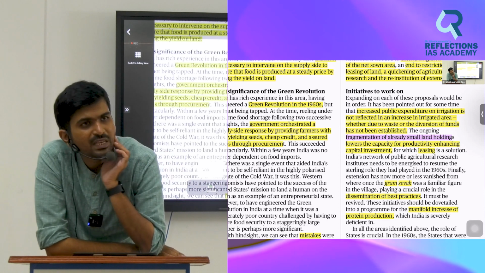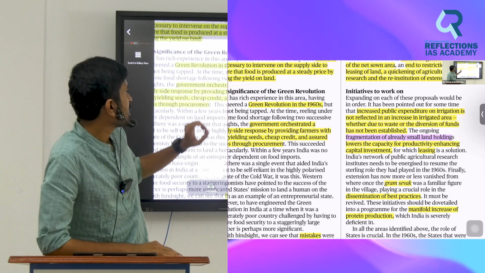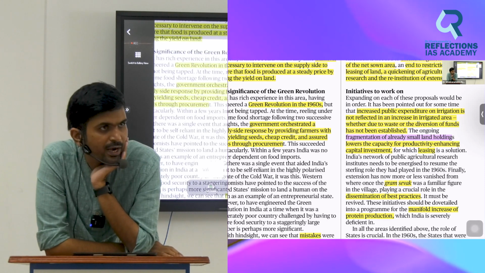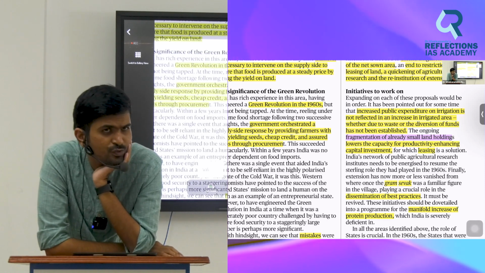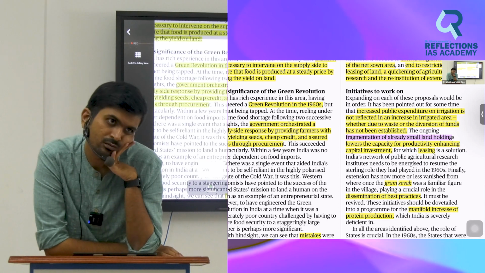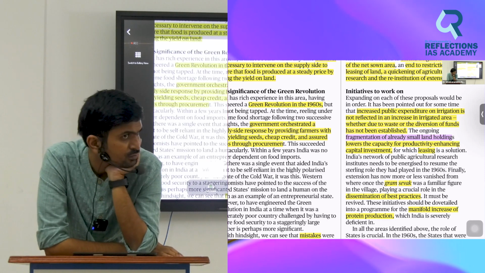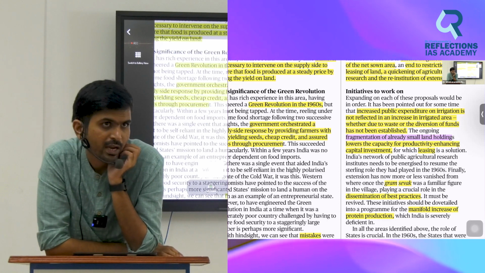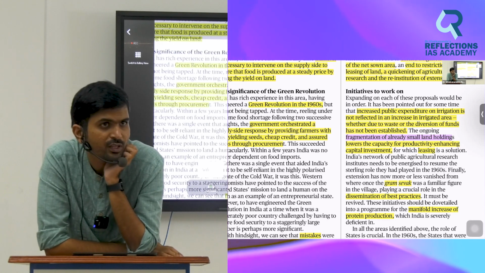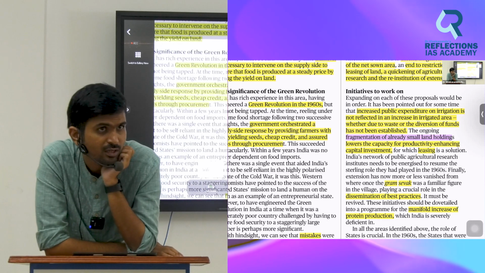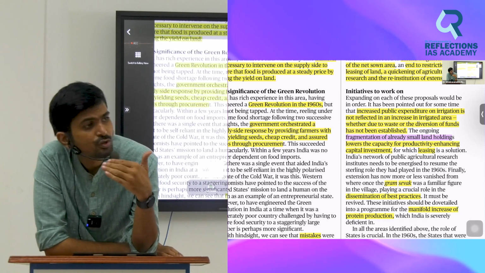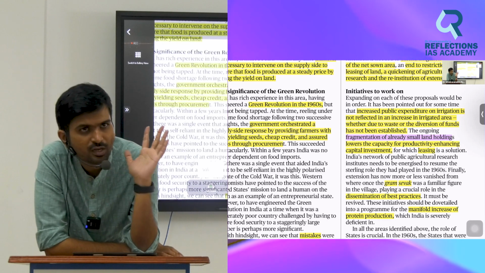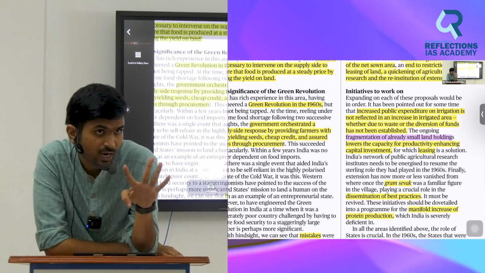Okay, one of the biggest problems in India is the purple color line, that is fragmentation of small land holdings. What is small land holdings? Farmer having very little bit of land. Now imagine your grandfather had 100 acres. How much acres? 100 acres. So for 100 acres he can be a single farmer and he can buy lot of goods and services and all those things. Then he had 4 sons.